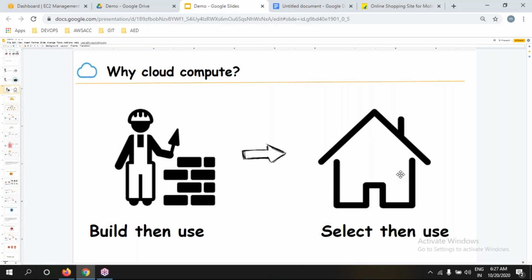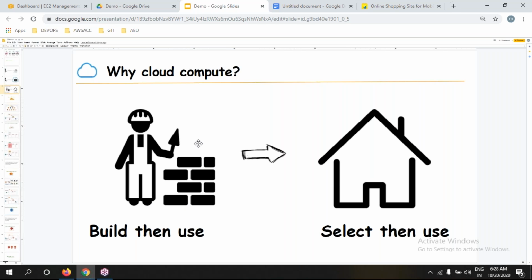We get rental servers and deploy our application, and we can fulfill our purpose. Whereas with physical servers, that means buying servers, we have to spend an upfront amount. After buying a server, where will we keep it? We have to keep it in a data center. Who will pay the rent? Who will pay the AC bill? Who will pay the vendor bill? Who will pay the employee salaries every month? It is very difficult to maintain your data centers in your own way.